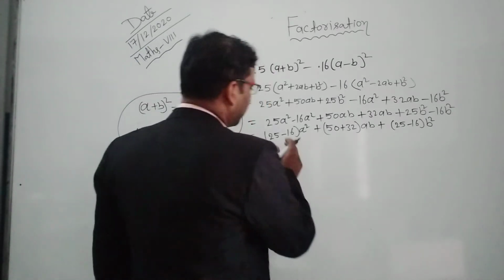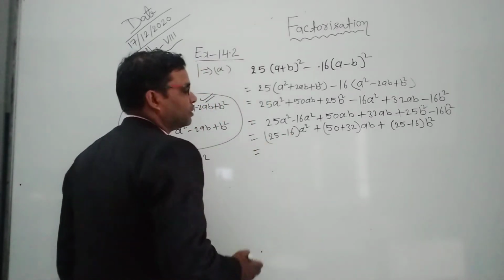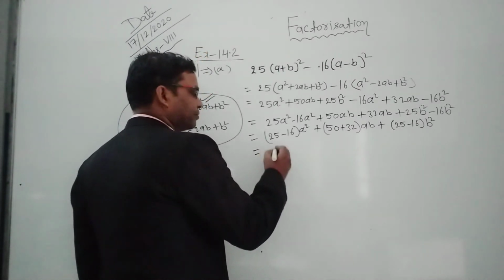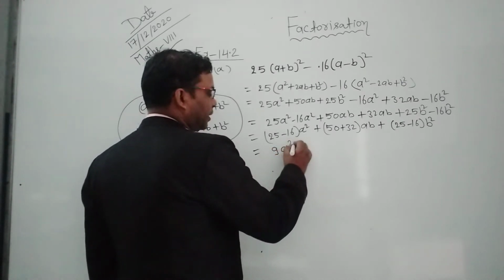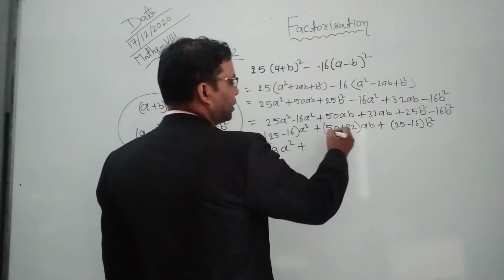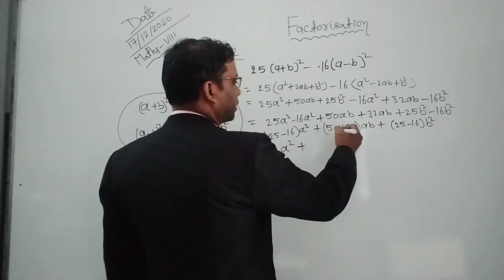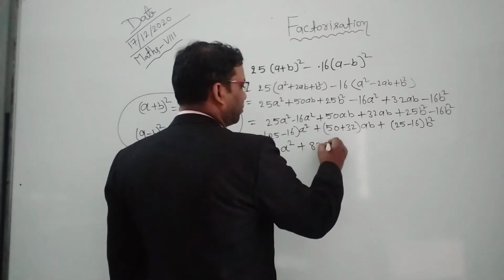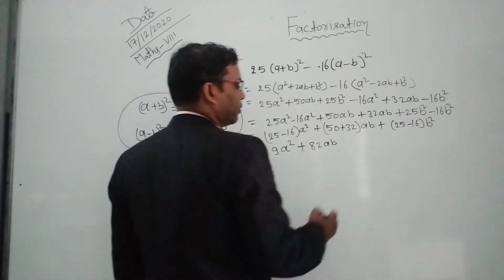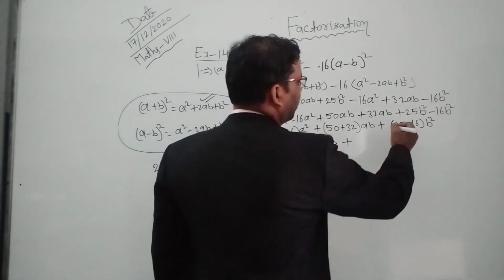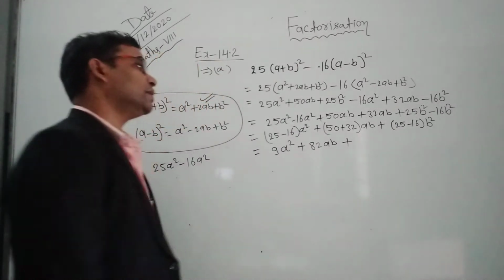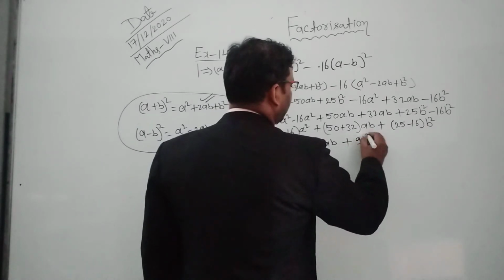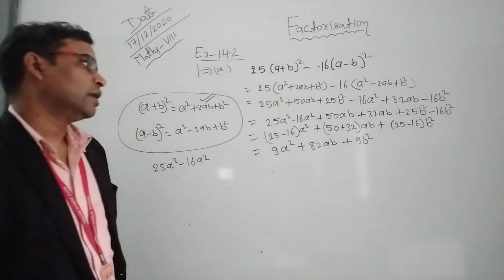So if you subtract 16 from 25, you get 9. Here you get 9 a square plus, what happened here? 50 plus 32, 82 ab. Okay, now plus here 25 minus 16, again you get 9 b square. Okay, now